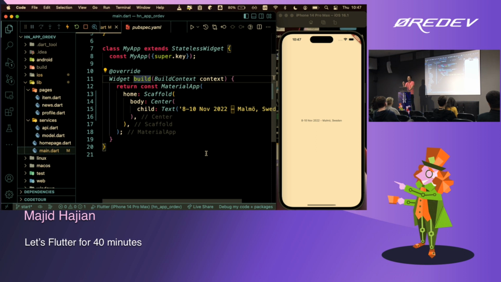The build method is where the Flutter engine knows what to build and paint on the screen. So technically here, I'm telling Flutter right now, this is my root of application. So I want to start with MaterialApp. In Flutter, there are different types of theming and styling, depending on which platform you want to focus on. If you are very into iOS only, maybe you can use CupertinoApp.